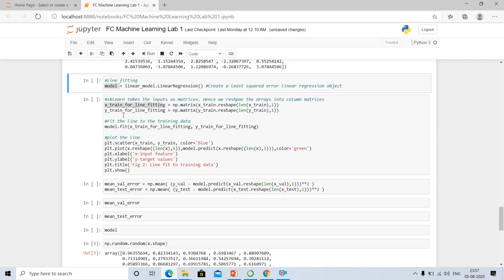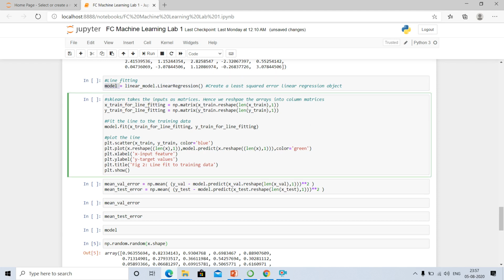So after that we have to use the linear regression, which is an inbuilt function. Inside that, we have already imported linear models. So just what we will use, we are going to use this one. After creating this model,